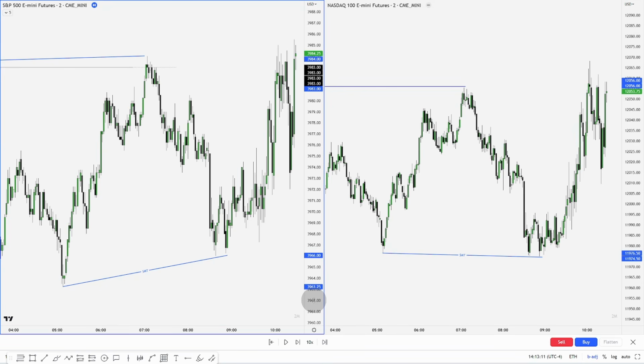Now in regards to which of the index I trade when an SMT is presented, that is completely dependent on the lower time frames and which one looks cleaner to me. In this case, S&P looks cleaner to me. However, if I was getting later into this move down, NASDAQ looks a lot cleaner here. On the move back up, I would personally look to trade NASDAQ as it has low resistance liquidity above, but that is for another video.